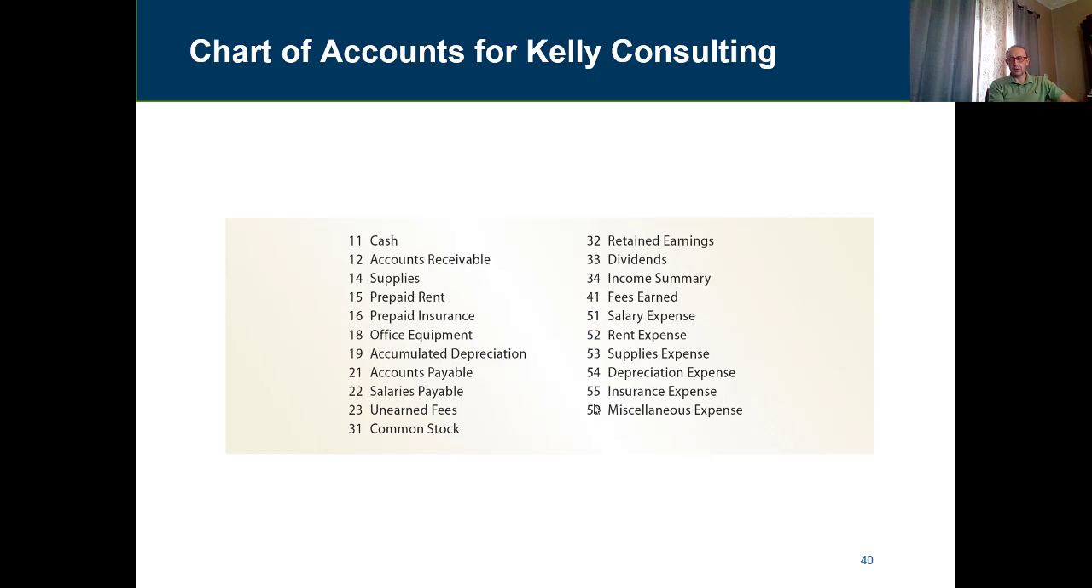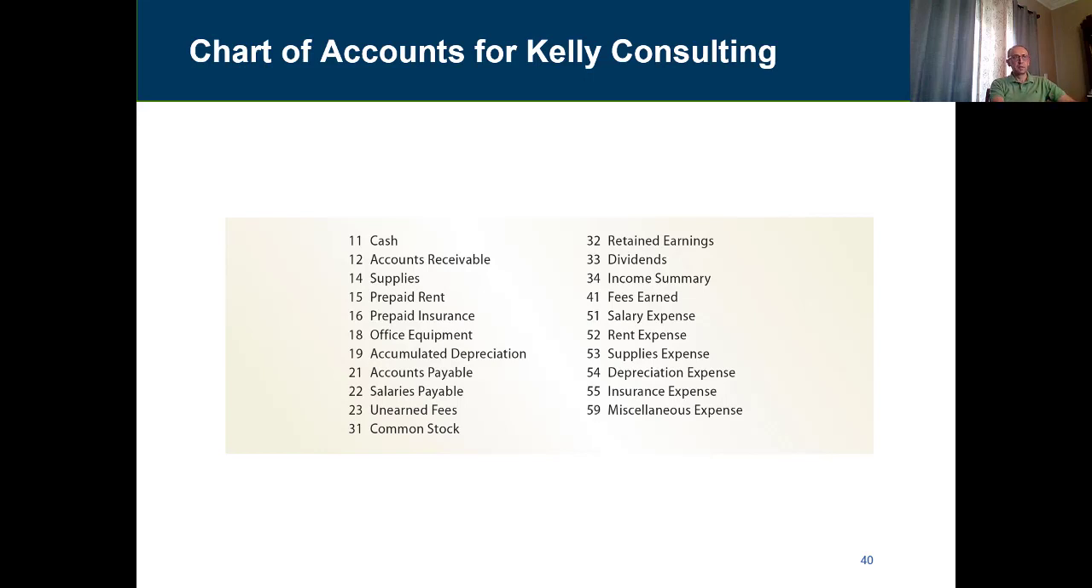This is not part of GAAP, or generally accepted accounting principles, but every company can use whatever they feel is the appropriate kind of coding depending on the size of the firm and the number of accounts they're using. Again, you can see companies using something similar to that, which I think is a little bit limited, but it can go over 3-digit numbers, 4-digit, sometimes 5 digits, depending on the kind of accounts